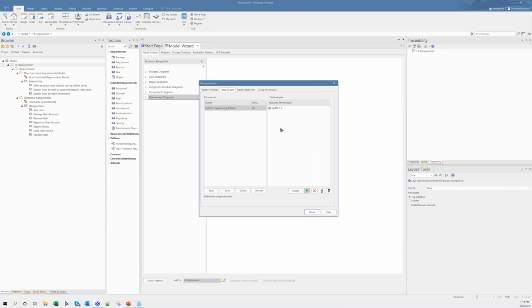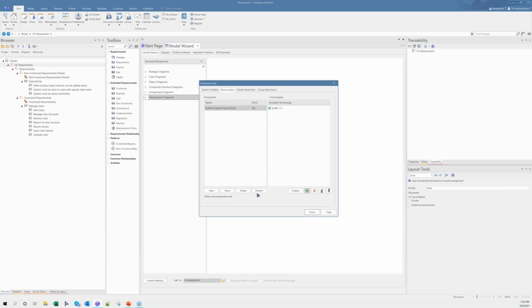Now I have assigned a technology to my perspective, and I want to restrict something more into it. I'm applying a restriction rule here.